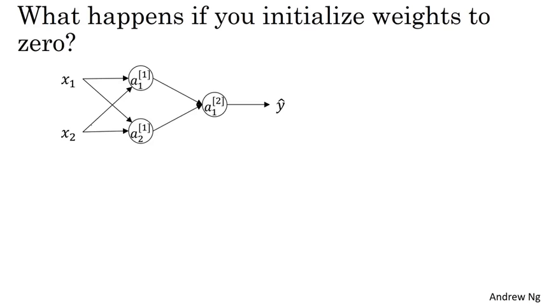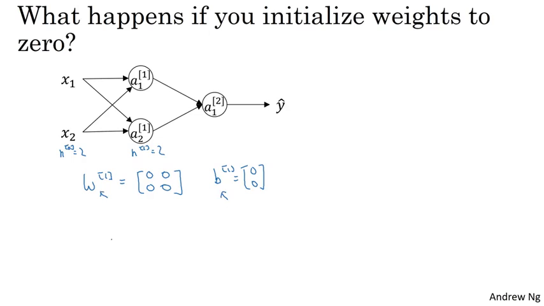Let's see why. So you have here two input features, so n0 is equal to 2, and two hidden units, so n1 is equal to 2. And so the matrix associated with the hidden layer, or W1, is going to be 2 by 2. Let's say that you initialize it to all zeros, so a 2 by 2 matrix of 0, 0, 0, 0. And let's say B1 is also equal to 0, 0. It turns out initializing the bias terms B to 0 is actually okay, but initializing W to all zeros is